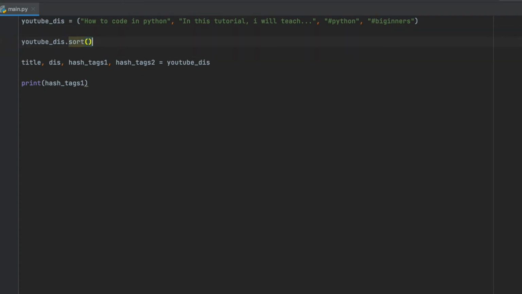Okay, and so let's talk about how we can add to a tuple, because we usually have a function where we can append items. So if I turn this back into a list again, sorry, I keep going back and forth, but if I say my list.append and I want to append another item, let's say I wanted to add in my likes.